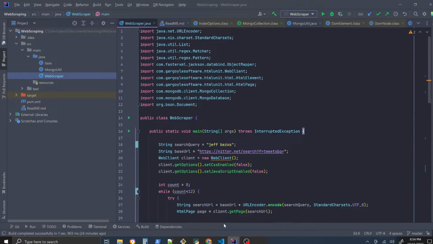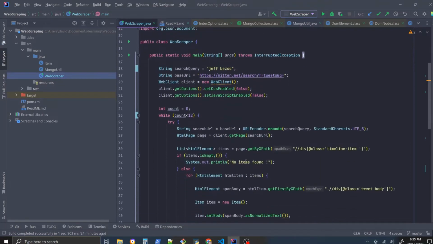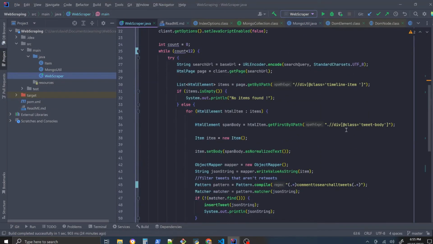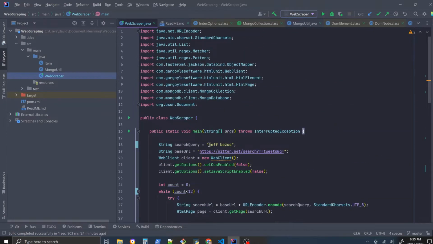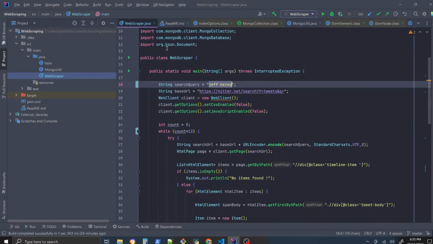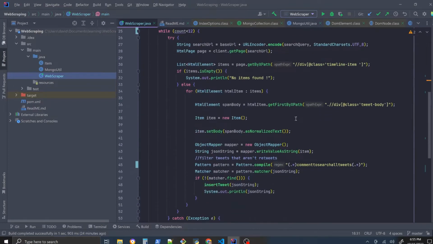So in order to use MongoDB and showcase this, I have this program here, which is the Knitter/Twitter scraper, and I already have a video on this, and the code is on GitHub. I'm going to just run this program and demonstrate what I'm talking about. I have this program where I'm going to search Knitter, which is a Twitter clone. I'm going to search for the word Jeff Bezos, and I'm going to go through